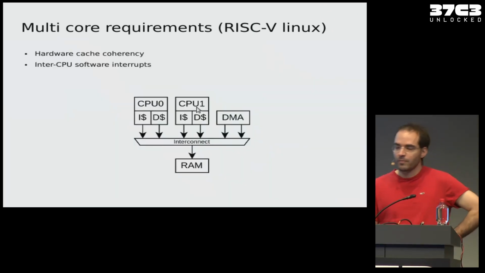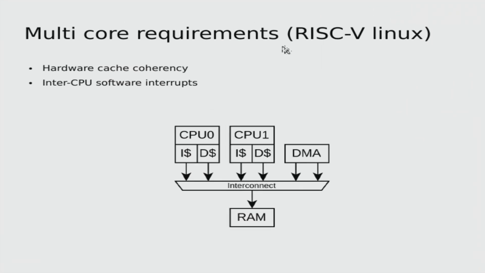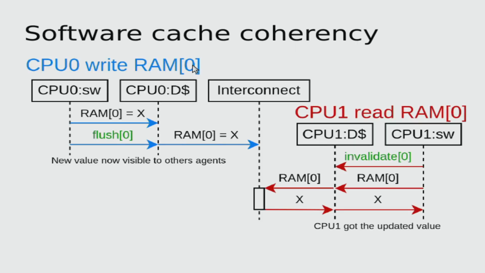And then you get to multi-core requirements if you want to run RISC-V Linux. There are not that many hardware requirements. You just need two things: hardware cache coherency, and inter-CPU software interrupts. Inter-CPU software interrupt is really trivial, so I will really focus on hardware cache coherency. Because with my background, I already come from a world where I have microcontrollers, eventually a really low-end processor,